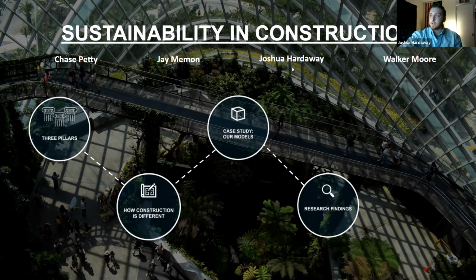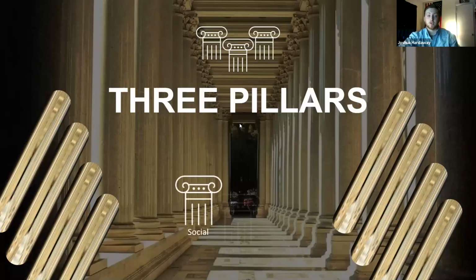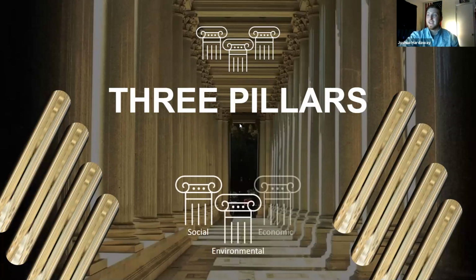Now, what is sustainability? Essentially, it's built on three pillars. These three pillars are social, environmental, and economic. A rough definition of sustainability is meeting our needs today without compromising the ability for future generations to meet their own needs. And it's important for these three pillars to work together to get the